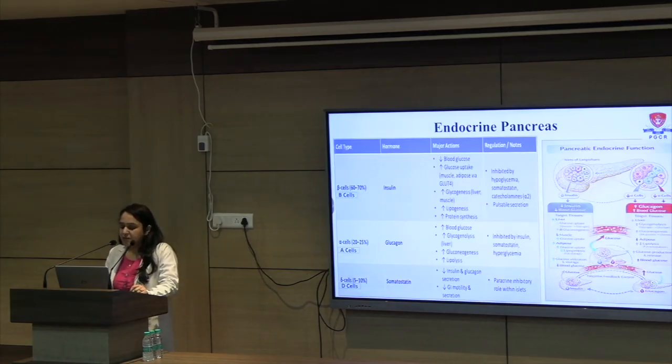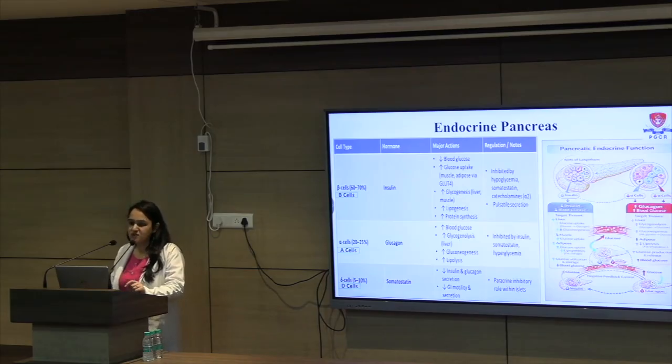Next, coming to endocrine pancreas. Endocrine pancreas consists of islets of Langerhans with different cell types. So beta cells, they form the majority and secrete insulin, which is the most important hormone. Insulin lowers the blood glucose by increasing glucose uptake in the muscle and adipose tissue. It promotes glycogen synthesis, lipogenesis,